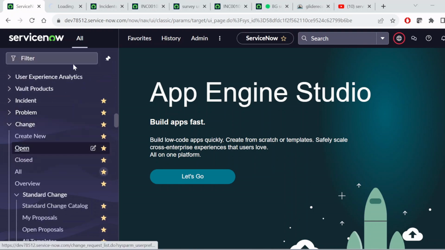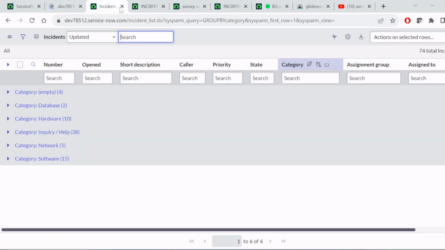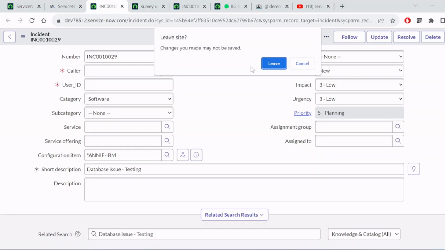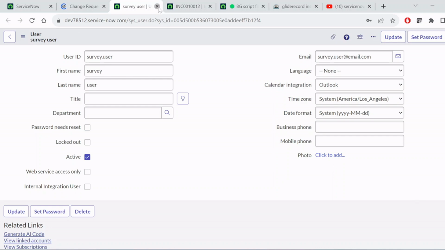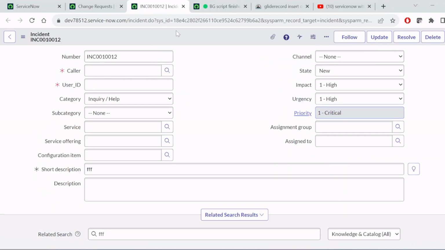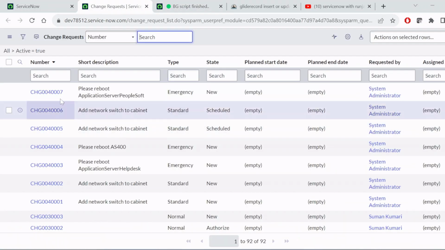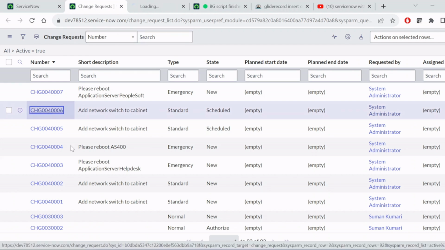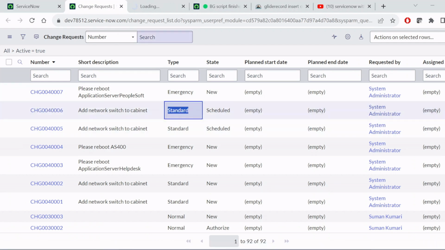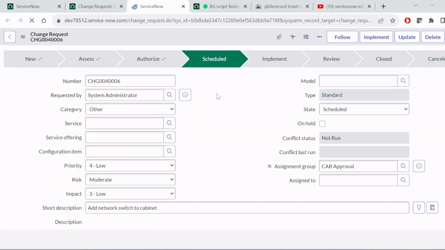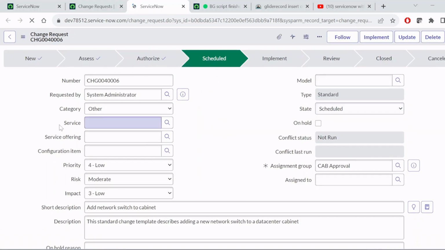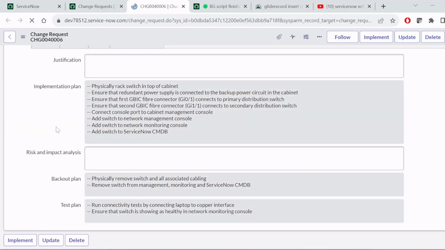I will open a new change request. Let me just close the incident table, now it is not required. This is the standard change. I have opened it in a new tab, and the ask is, you can see here,